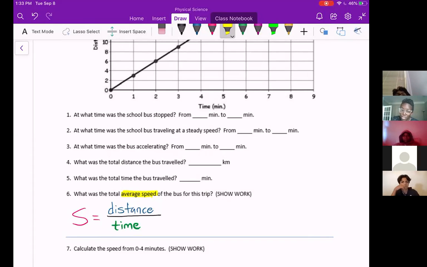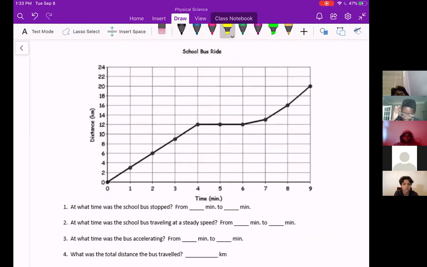If we wanna know the average speed of the bus, it wasn't going the same speed the whole time, right? So if I pretend that this highlighter is the bus, first he was kind of increasing in speed. He's just kind of driving steady. Then he must have stopped for a bathroom break, okay, or pulled over. Then he starts speeding up right here, okay? So his speed was changing the whole time. But his average speed is gonna be how far he traveled, okay, divided by how long it took him